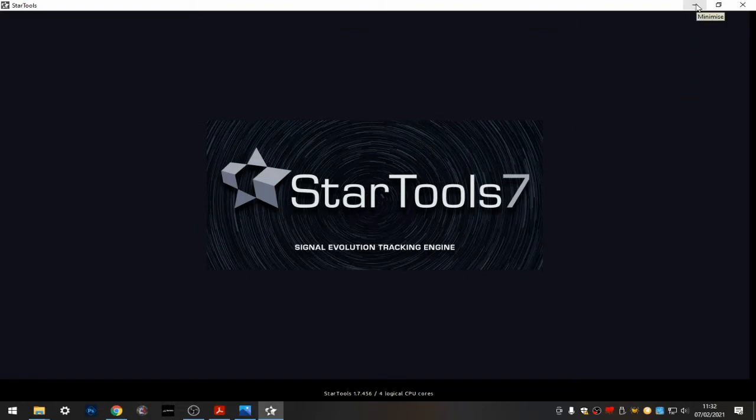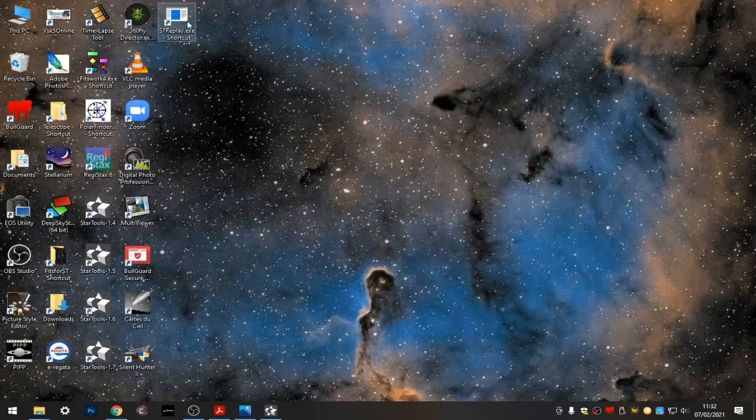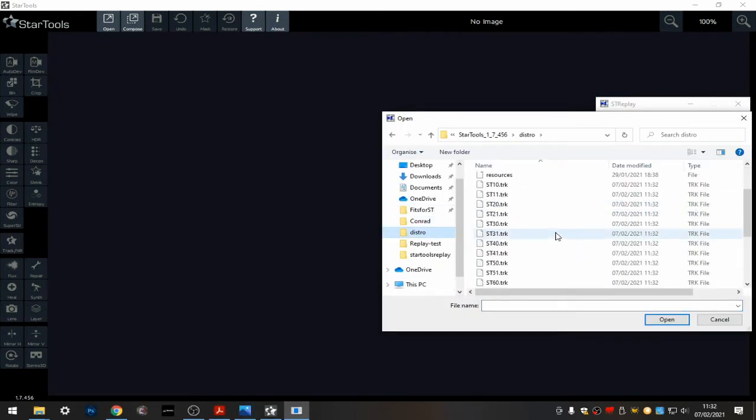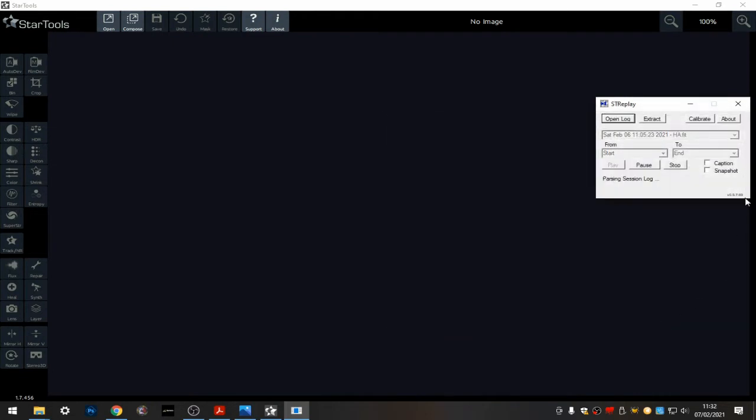I shall now use Replay. I put a shortcut on my desktop. I'll use Replay to process the work I've done yesterday. So I need to open my log. This is the Startles I'm using at the moment, so this is the log I'll be opening, and in here it was M13 and it's got a list of the bits I've done, and I can start wherever I want